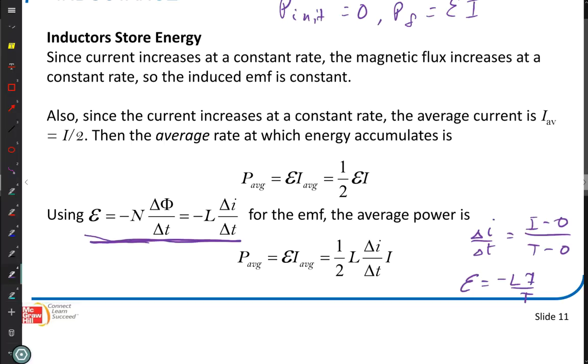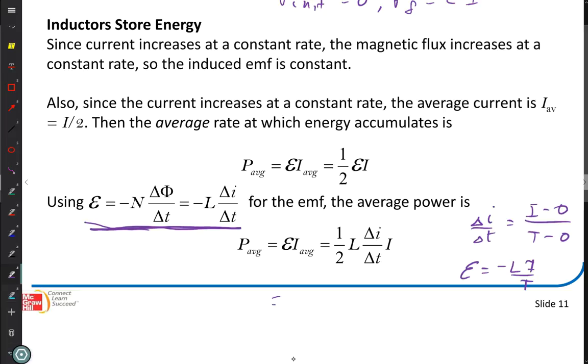So we can say the average power is going to be the final power plus the initial power divided by 2 because we had a constant increase. So that's going to be equal to 1/2 of